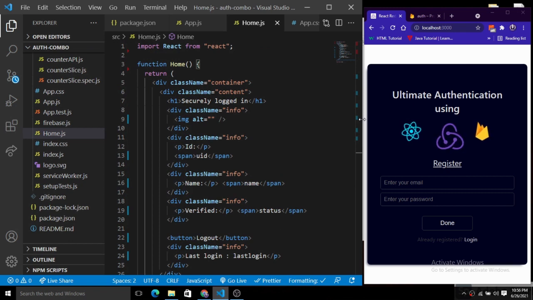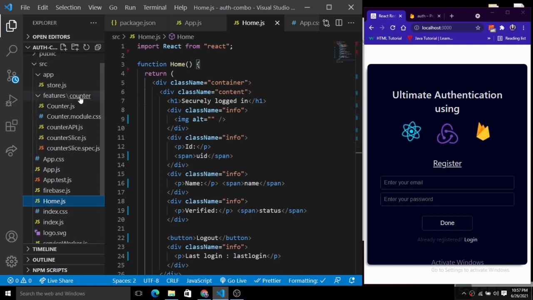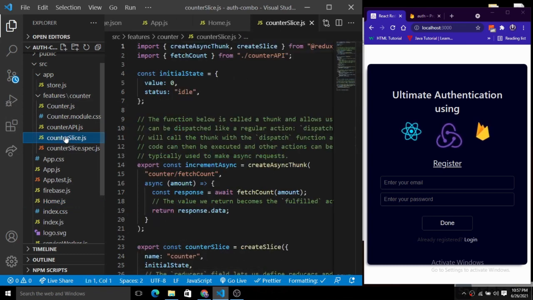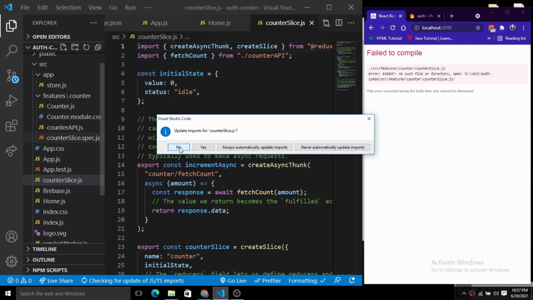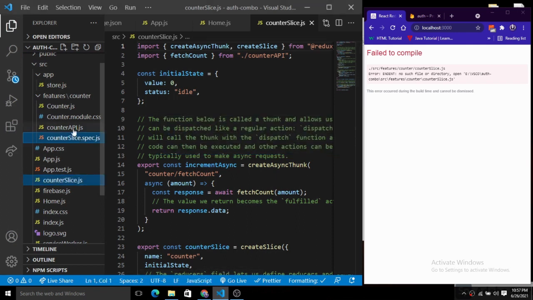So now let's move to one of the most important topics that we are going to build. First we will create the state here. We will create the state for the users. Okay, so to create the state, we have a features folder, and inside of the features we have these things here. So first of all, we have a counter slice. So we just grab this counter slice and put it inside of this parent directory, and we just remove all the rest of these things.